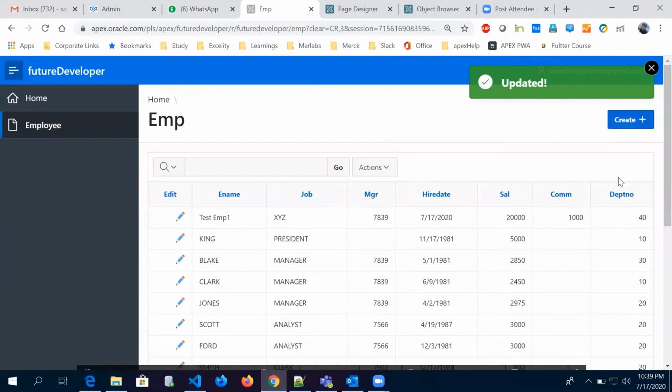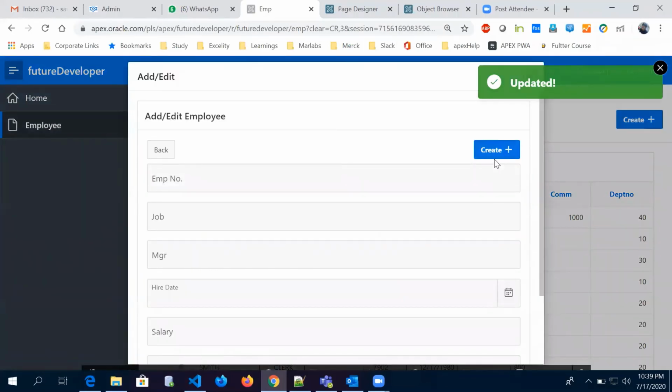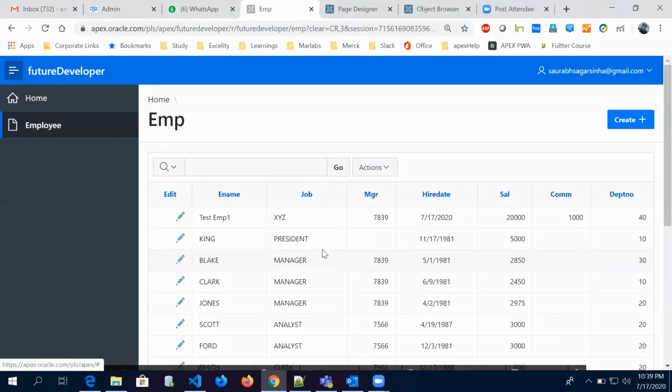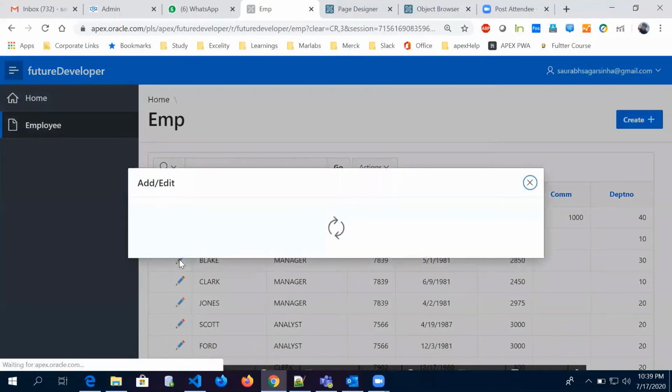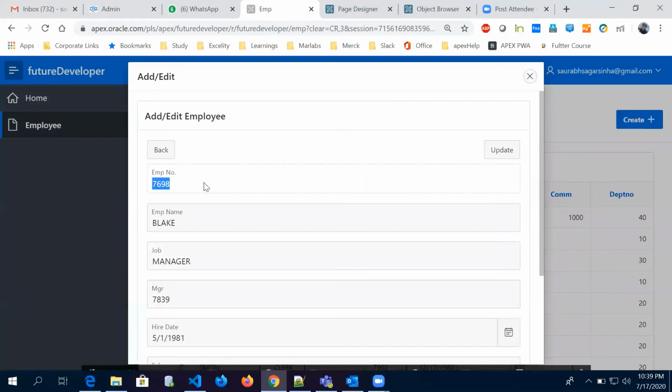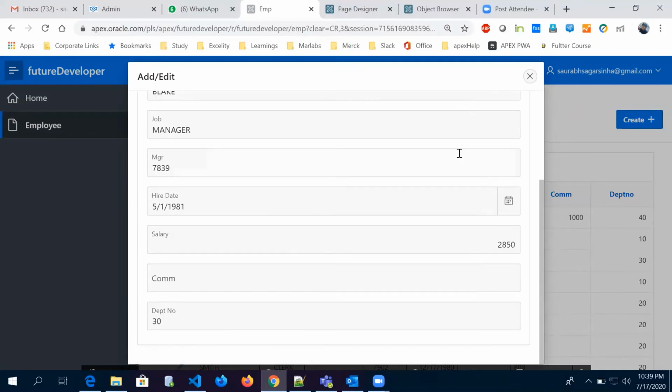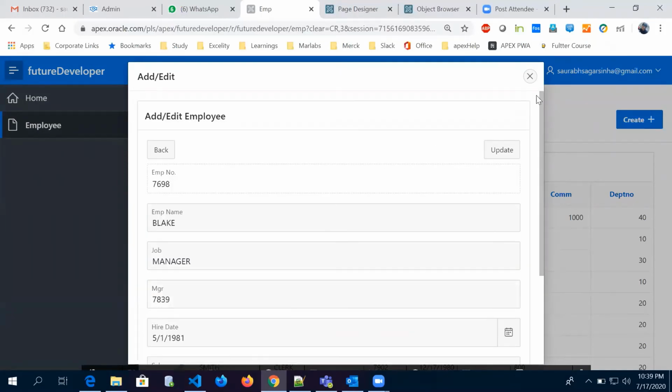So let's click on create, and we can see this create button; this update is not visible. Okay, and let's click on the edit link. As you can see, this is not editable. We cannot write anything here because this is read only, and that create button is not visible. So we just did some trick, and this happened like that. And now we will only be able to update the information.